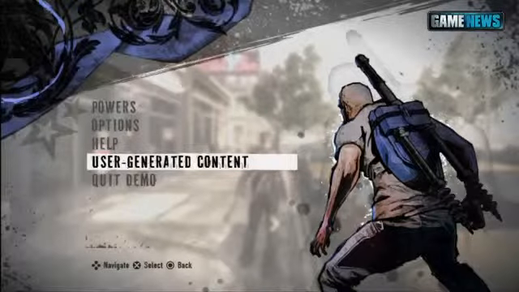Carl Deckard. This is Tim McCon. He's going to be running inFamous 2 while I tell you a little bit about what the UGC content is